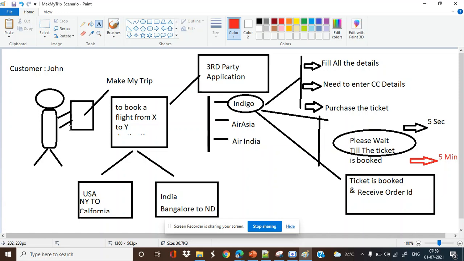Okay. So we have seen the positive response of 5 seconds, and we have seen the negative response of 5 minutes. The request is taking 5 minutes to give you the response that your ticket is booked and you receive an order ID. Once the positive result is shown to the end user or customer, he is satisfied with the application,